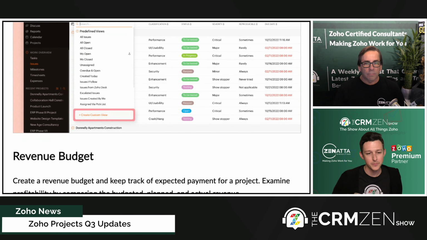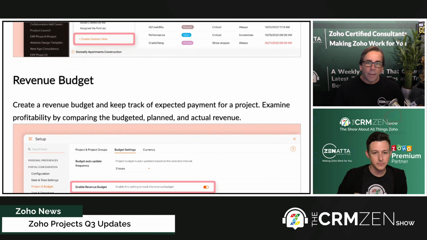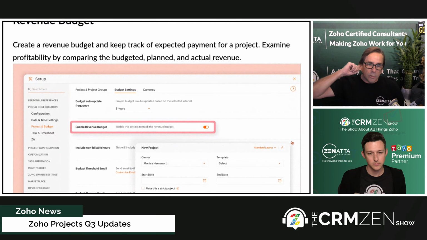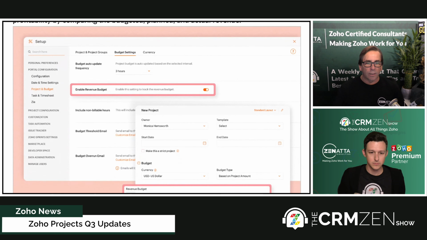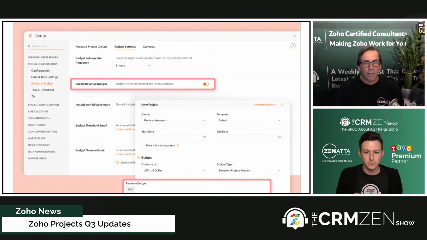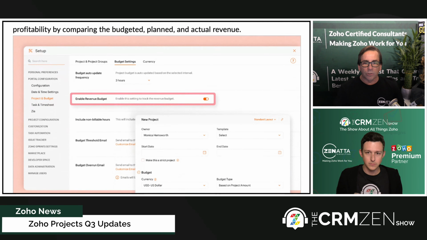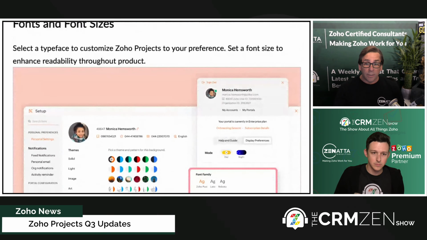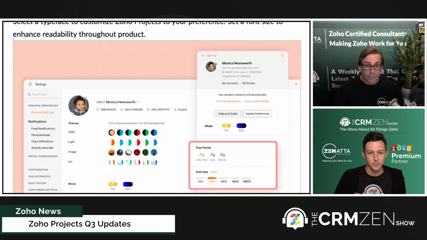And you can now set a budget on the back end, so you can keep track of expected payments and determine if you're on budget, if you're going as planned, what your actual revenue is. So some more enhancements basically on the back end, setting budgets around specific projects. And this actually is not minor. I like this a lot. You can now change your fonts and your font sizes.